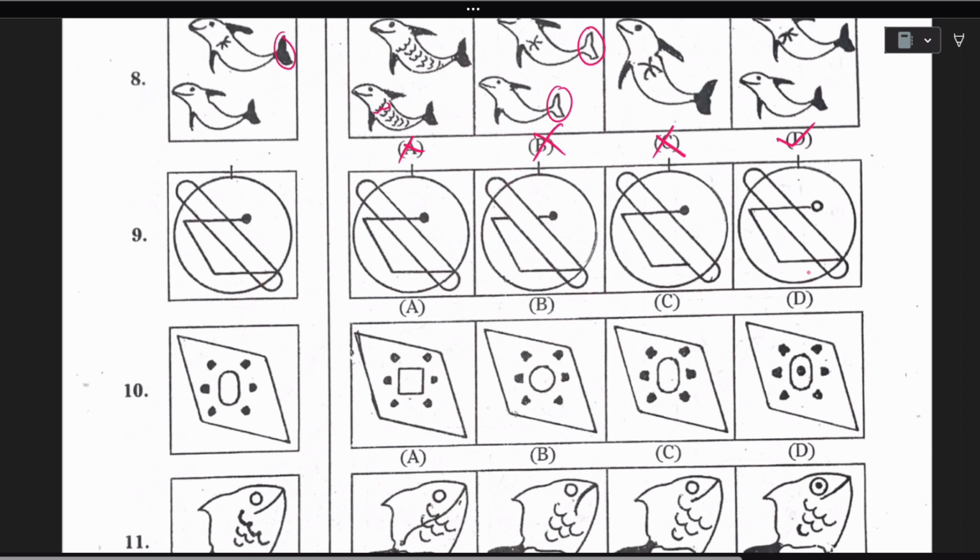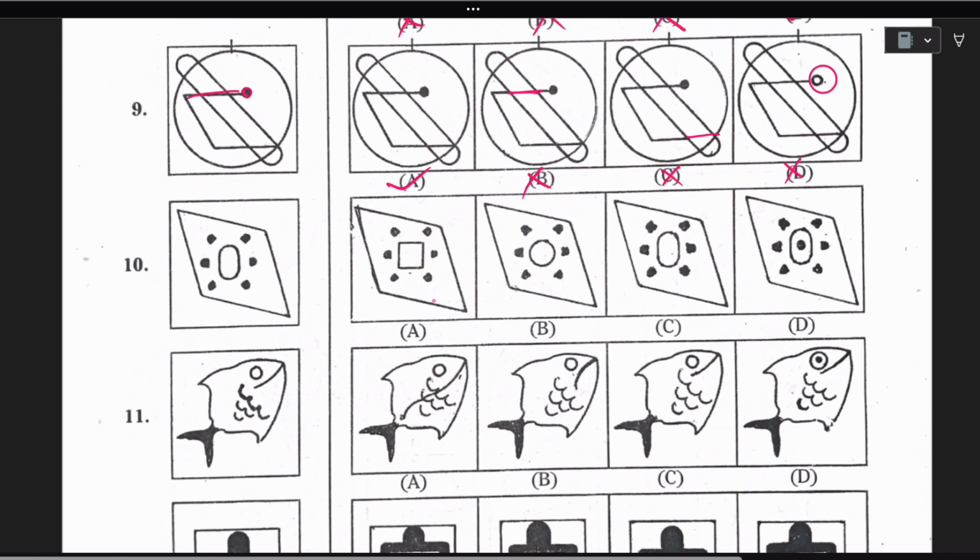And next one is the 9th one. Here we are having a dark stick and a black ball. So just look into this and eliminate one thing, that is D, because this ball is not black, it is white, right? And here in B also, this line is not matching, so we will be eliminating B also. And the next one, here it should be a line, but in C this line is not there, so we will be eliminating C also. And finally check whether A is correct or not. So everything is the same in A with the question figures, so we will be selecting A as our correct answer.